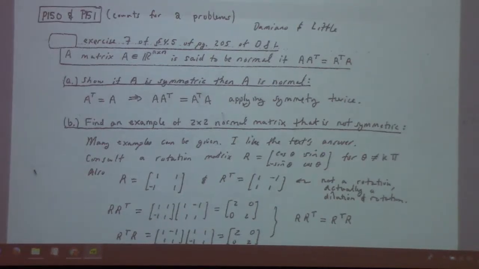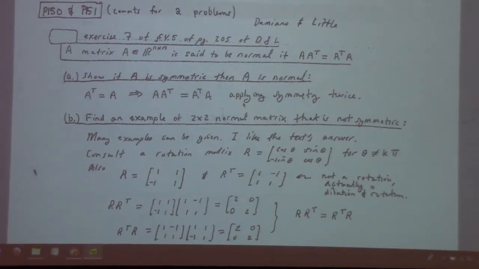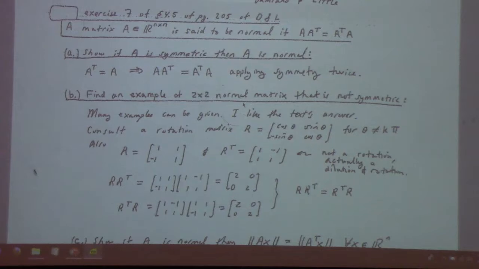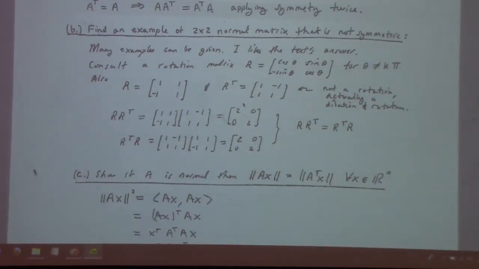The other is this one, problem 150, 151. So we proved that symmetric implies normal in class. A 2 by 2 normal matrix, which is not symmetric. I think we actually talked about that kind of, sort of, yesterday, right? In fact, there's your example again, Bethany. So,